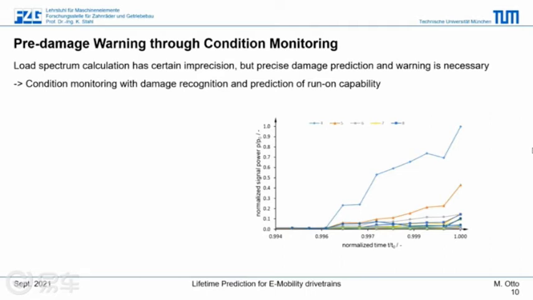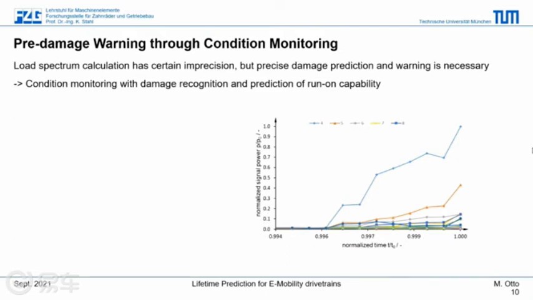On the vertical axis, the normalized signal power is shown, which was an indication for tooth root breakage in this evaluation. And on the horizontal axis, the normalized time of the test is shown. Now the focus is given only on 0.994 until 1.0 of the time span used in this test, so at the very last phase of the test. And we see that until 0.996, nothing is shown. At this point, the blue line goes up. And this blue line is attributed, in this case, to tooth number 8, and indicates that the signal for starting tooth root breakage is severely going up.